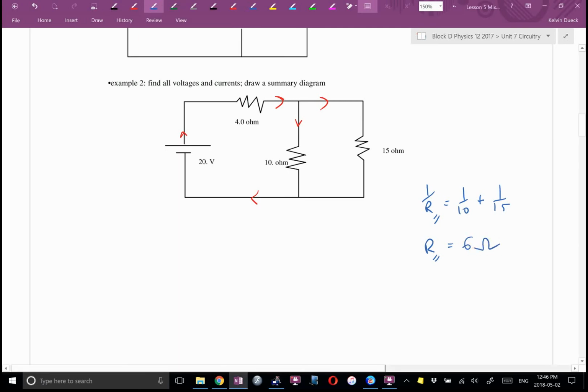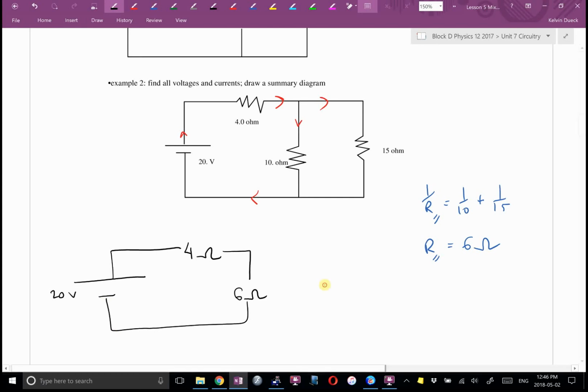If I was marking this question, I probably would have assigned 1 mark if I saw somewhere written R parallel 6. Now I'm going to start to re-sketch this. So this is a 20 volt, a 4 ohm. What can I replace that 10 and 15 splitting up as? I could redraw this one more time, but I don't think I need to, because now